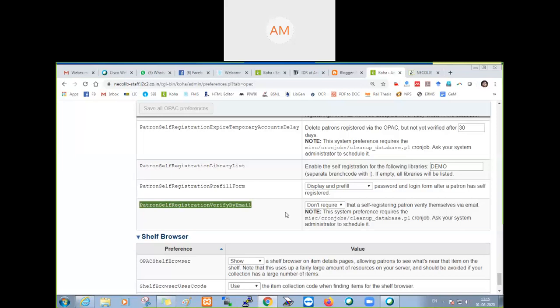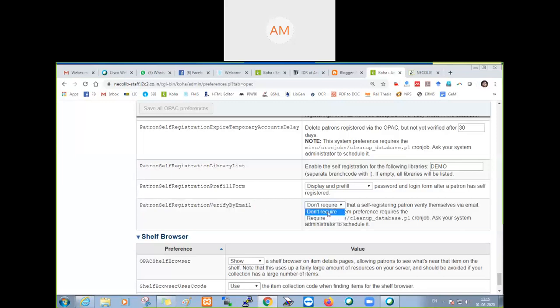So here also, whenever a registration is done, one email will be sent to that email ID to verify first the email ID, and second your authority over it. If I don't do that, you may give any email ID, the updates will go to that email ID, and you will not get any information.